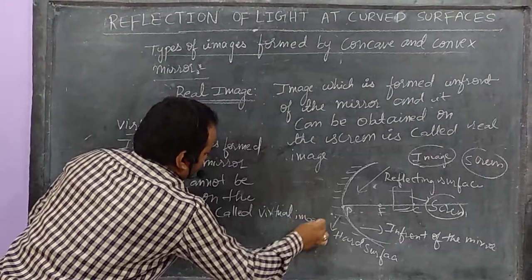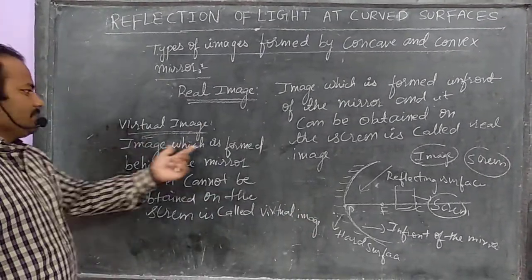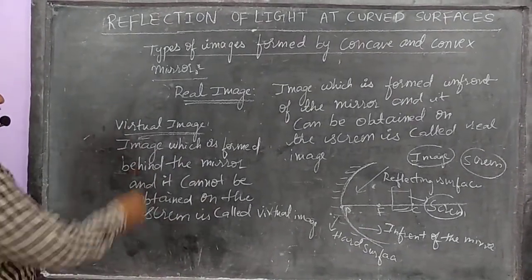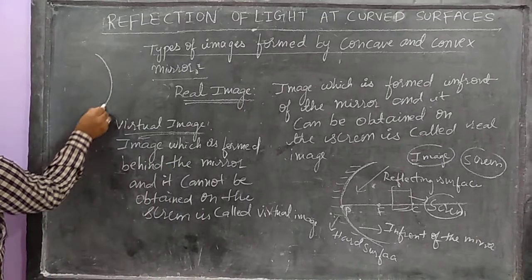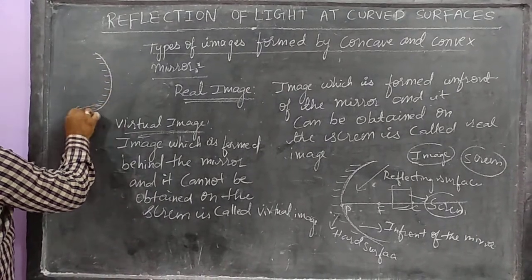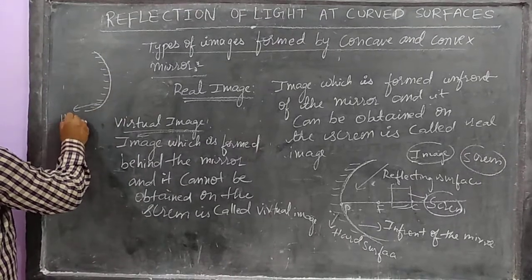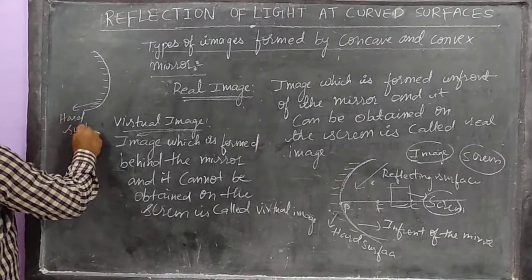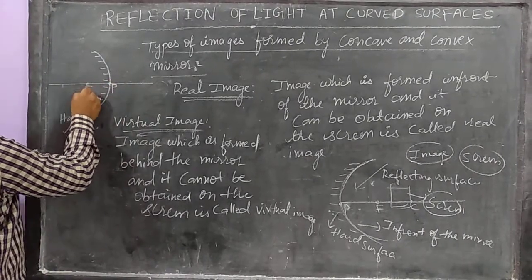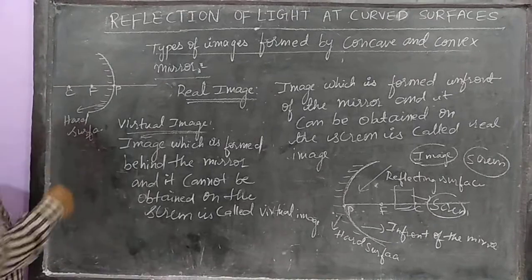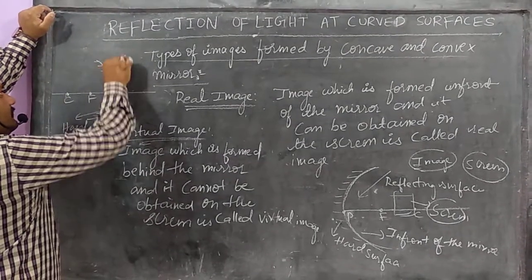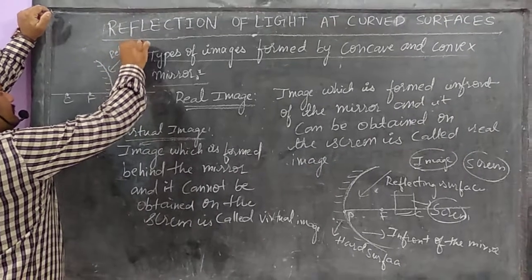So my dear friends, listen here. An image which is formed behind the mirror. Indirectly we are talking about which mirror? We are talking about convex mirror. See, this is the backside area, that is the hard surface. Once again, mention the terms: draw the principal axis, pole, focus and center of curvature. Where is the reflecting surface? Outwards, this is the reflecting surface.